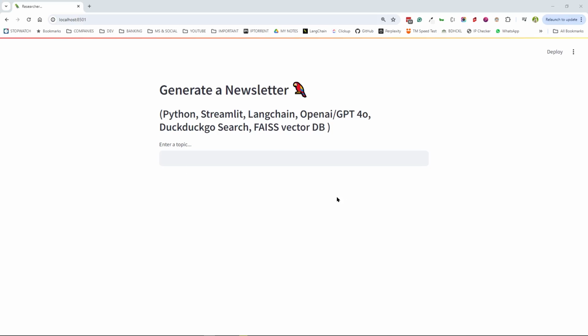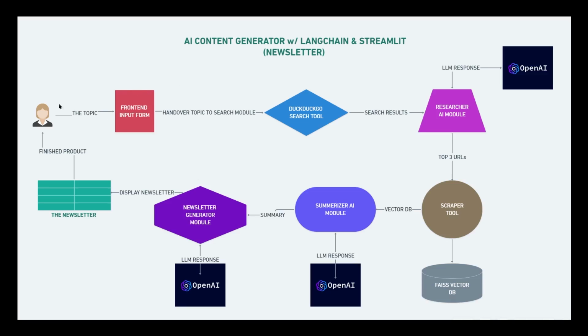And before we get started, let me show you the architecture overall. All right, so this is what's happening initially from the user. Using this input form, we're going to ask for a topic to generate the newsletter with, and then we will hand over this topic to a search module where we use DuckDuckGo search engine to perform a search based on that topic, and then we will collect these search results and hand it over to a researcher